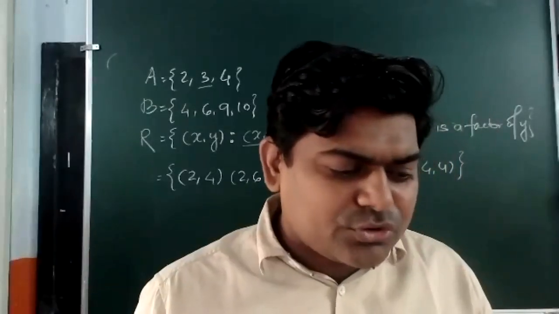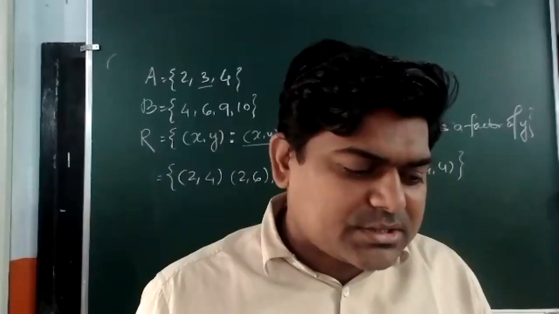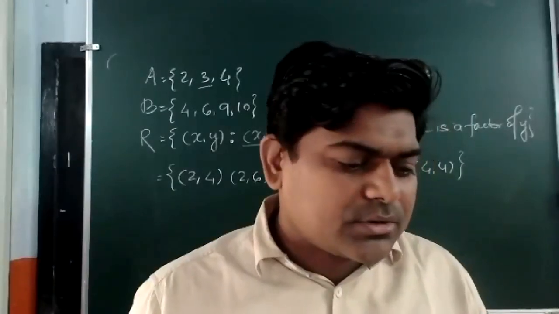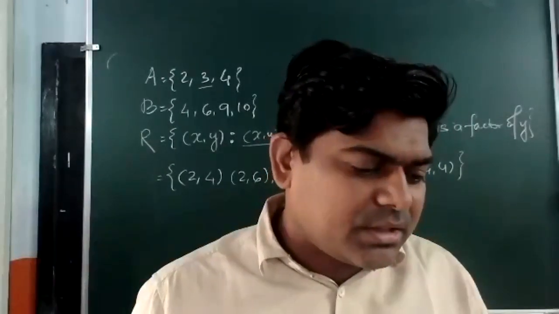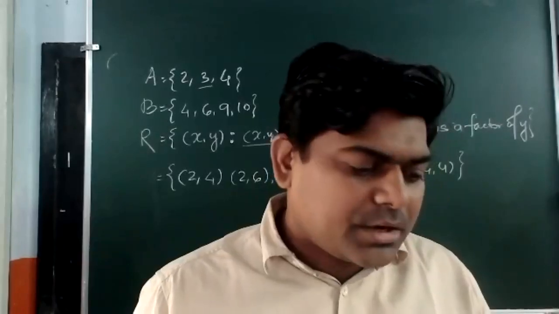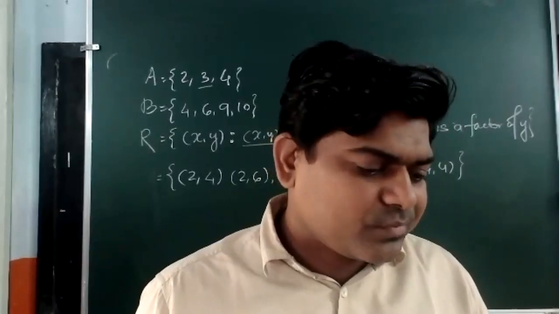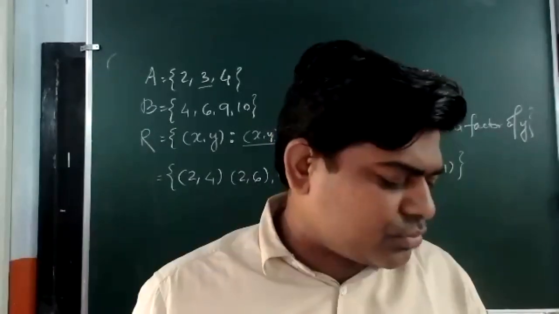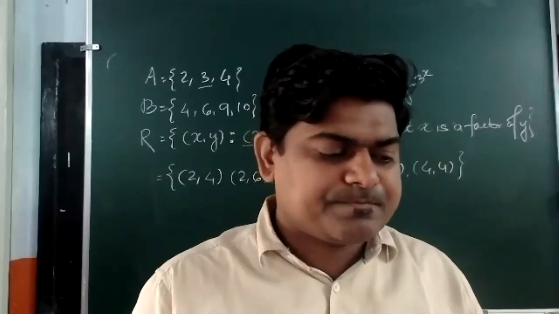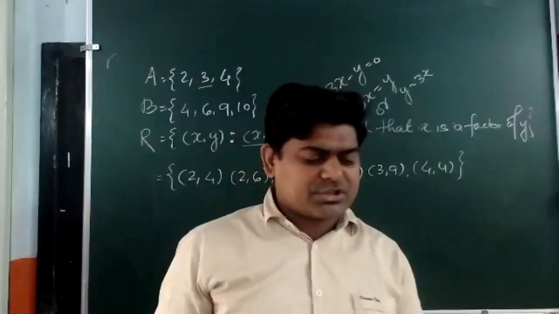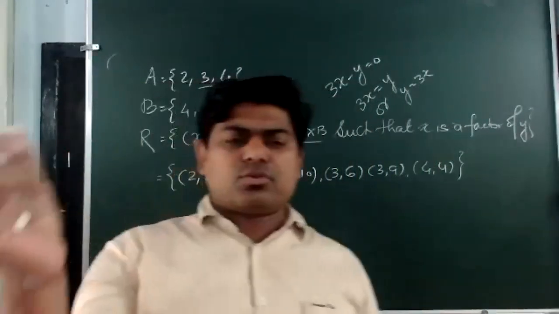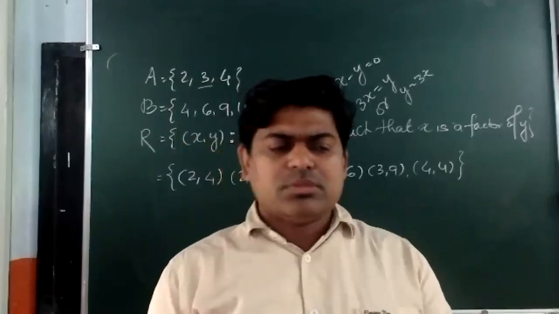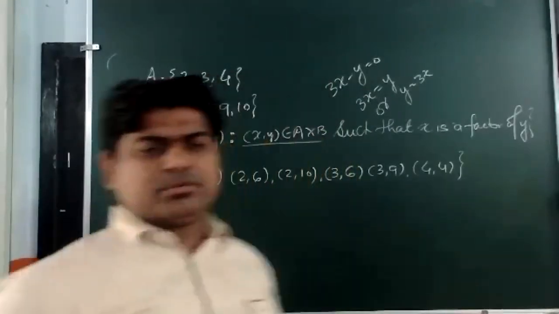Now question number 8 is also like that. Question number 9 is there, and then 10 is also like that. So what I am thinking, I'm just going to solve question number 8 and 9, because in 8 and 9 it's given in roster form and we have to write in set builder form. So 8 and 9 I'm doing for you. Okay.